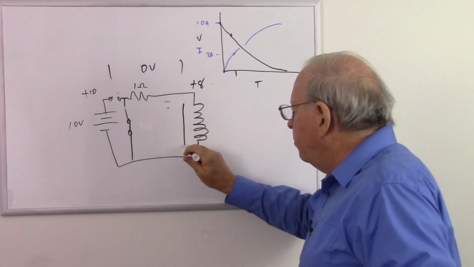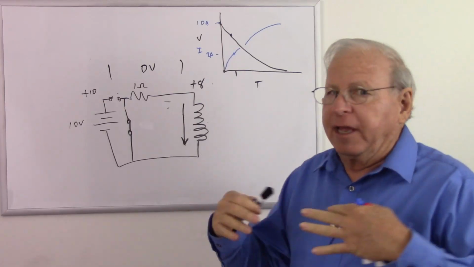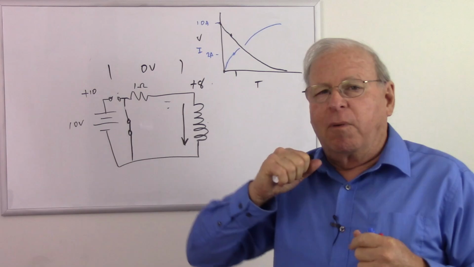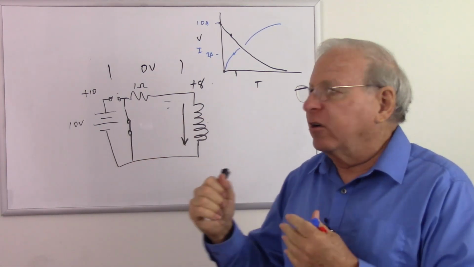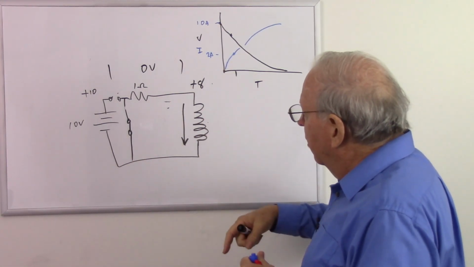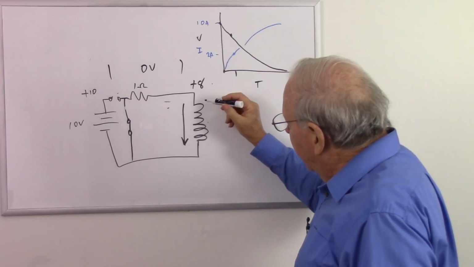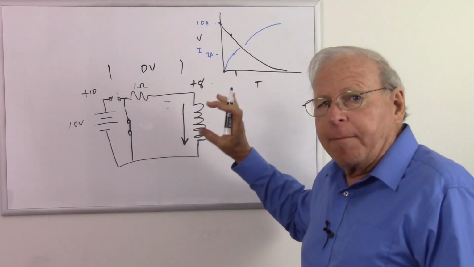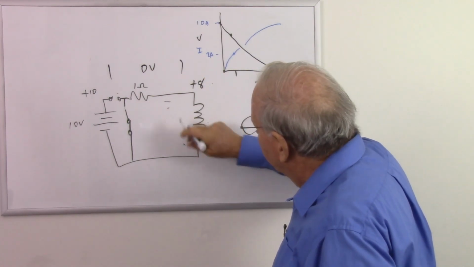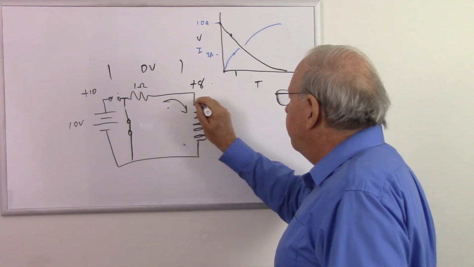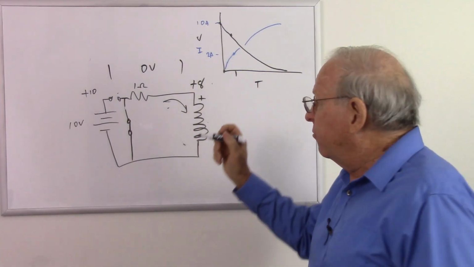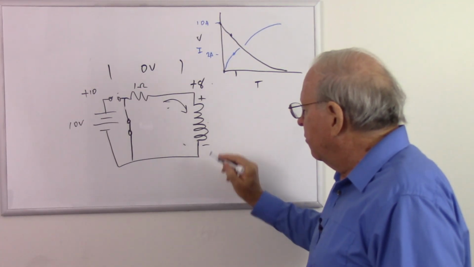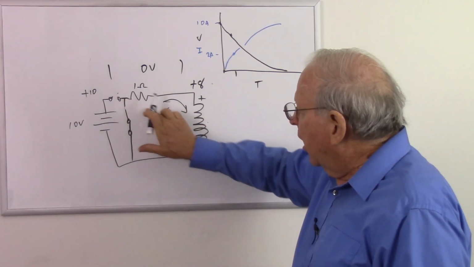But the inductor is going to start pushing current in that direction. As we explained in the module on inductors, an inductor acts like a flywheel. It's hard to get current to go in, but once you get it going, it wants to keep going, and it's hard to stop. So that wants to keep that current going. And what's going to happen now, instead of a power consumer, we have a power producer. So when our current was being pushed in, we get a back voltage just like any other impedance. Where the conventional current goes in, we get a backup of voltage, so we get a higher voltage there and a lower voltage there. But when we stop that current,